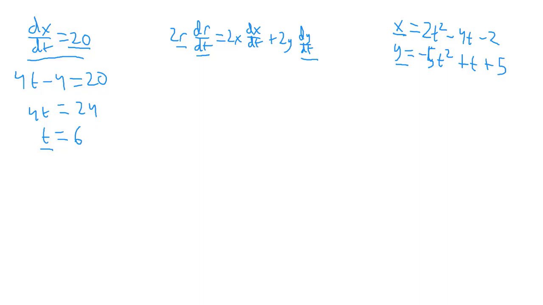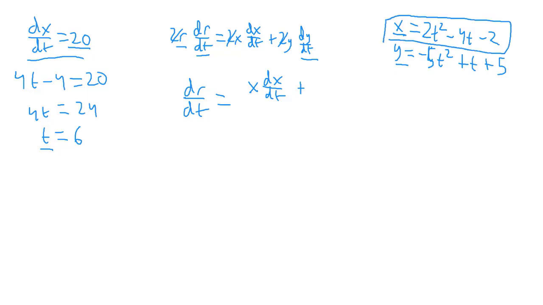If we were just solving for dr dt, we can divide this 2 out first. Essentially we get dr dt equals x dx dt plus, and this 4t minus 4 comes from the x equation we created before. So when we take the derivative of this x equation with respect to t, I should write that actually, dx,